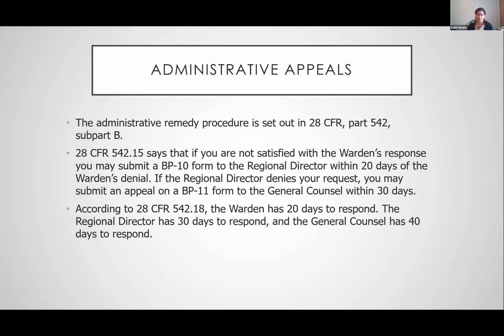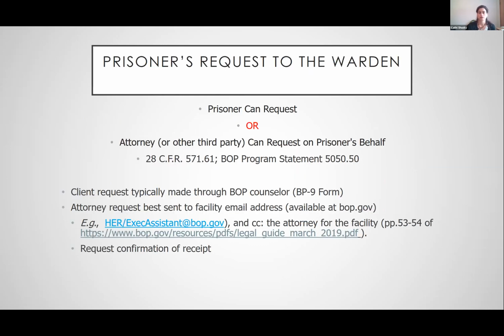So the administrative appeal process is set out in this section of the CFR. We'll talk about the request to the warden on the BP9 form. If that gets denied, you've got to submit the BP10 form to the region. And then if that gets denied, the BP11 form to general counsel. So the request to the warden,